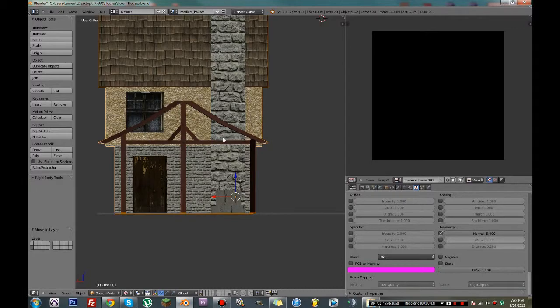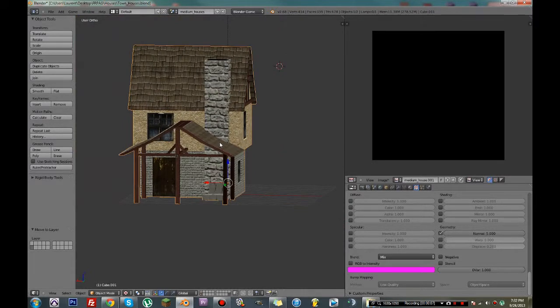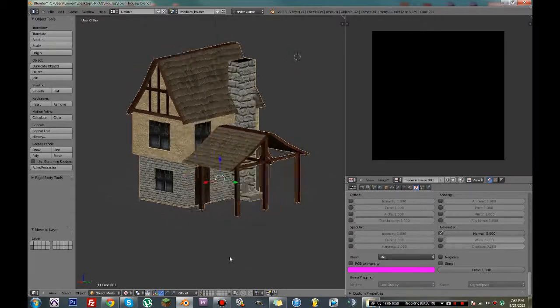Today in Blender we're going to be creating medieval houses. We're going to be creating one specific house. First we're going to work on the exterior of the house, modeling it, texturing it, and then later we'll be doing the interior modeling as well as texturing. Both of these,